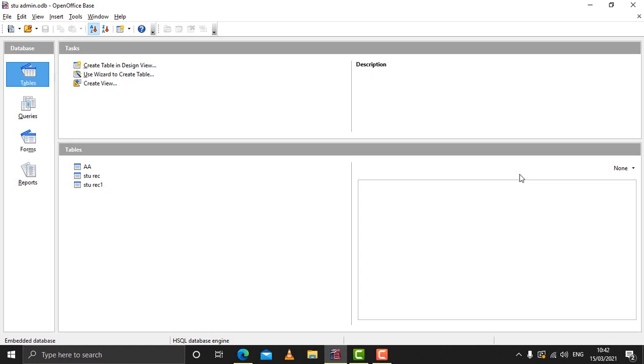Depending on the working process of the commands, we have two different types of commands or statements in SQL. The very first one is data definition language, we say DDL commands, and the second is data manipulation language, we say DML commands.